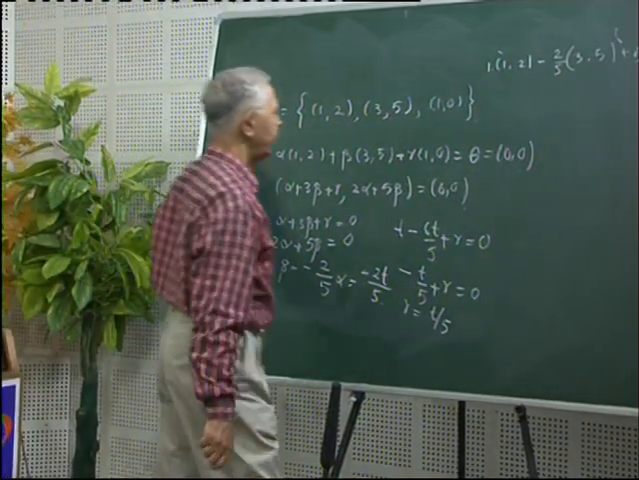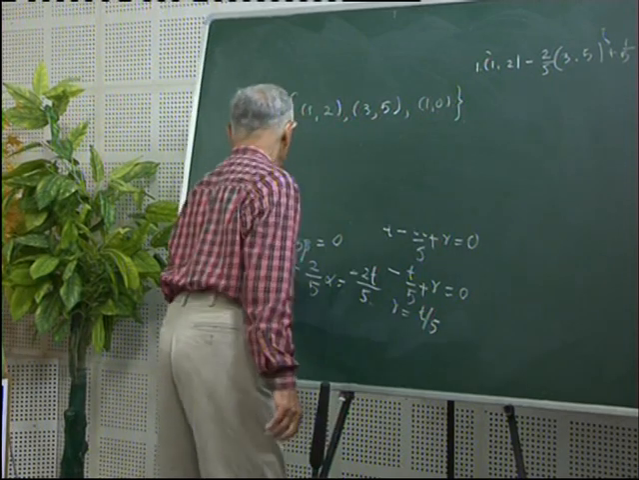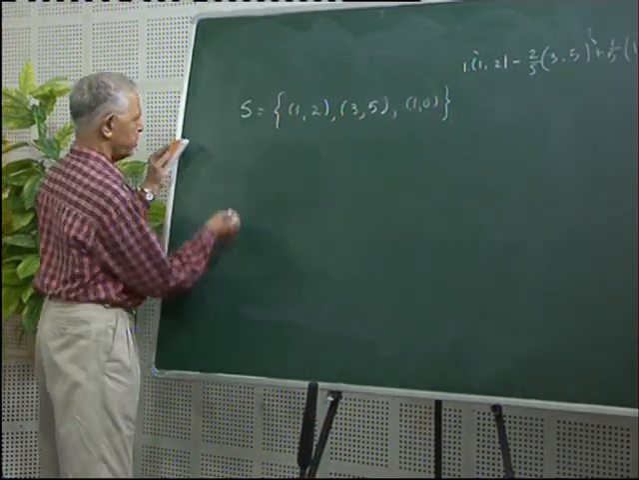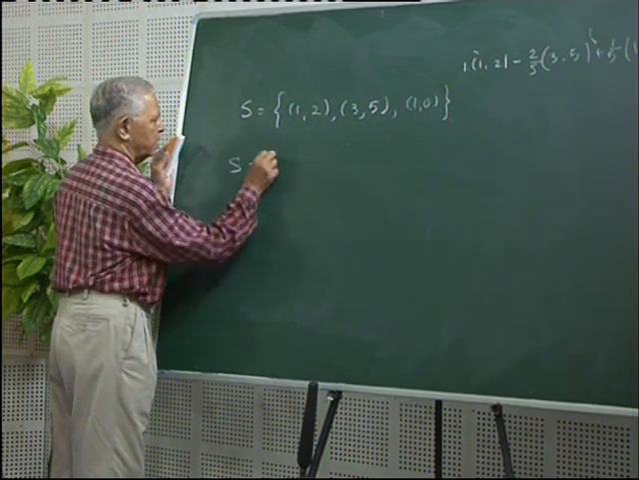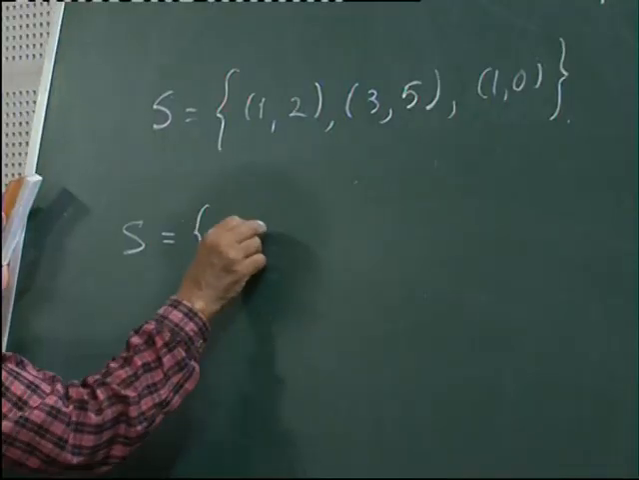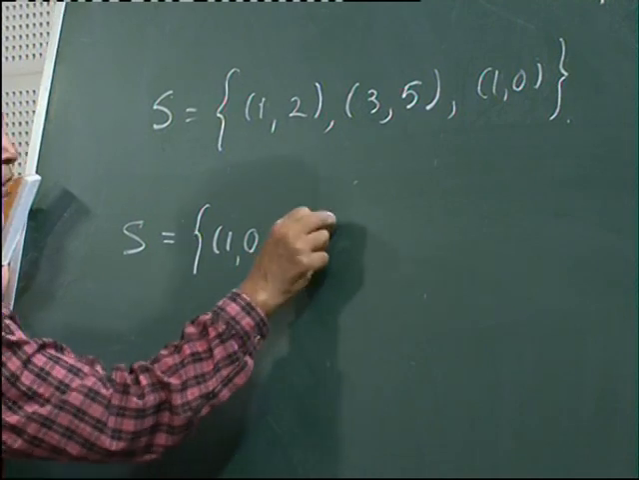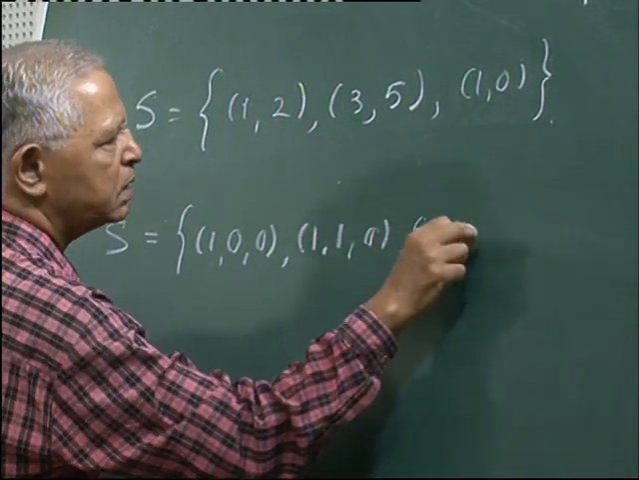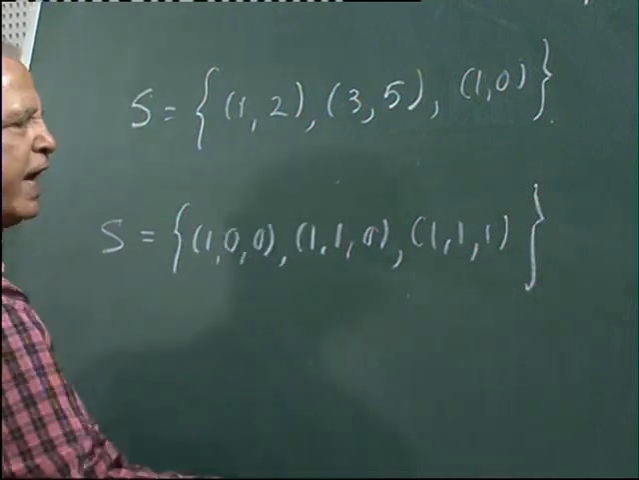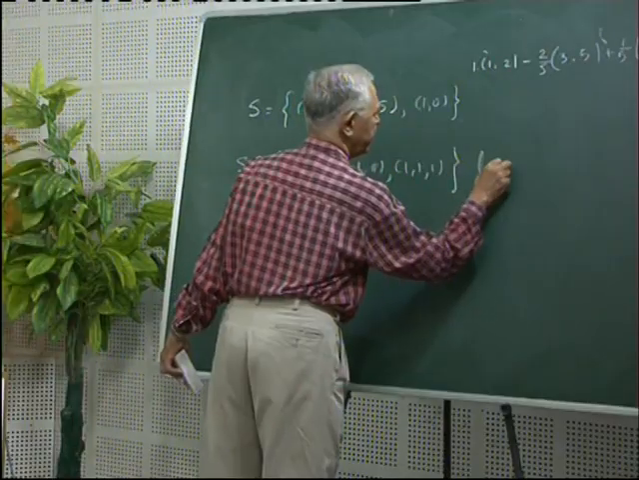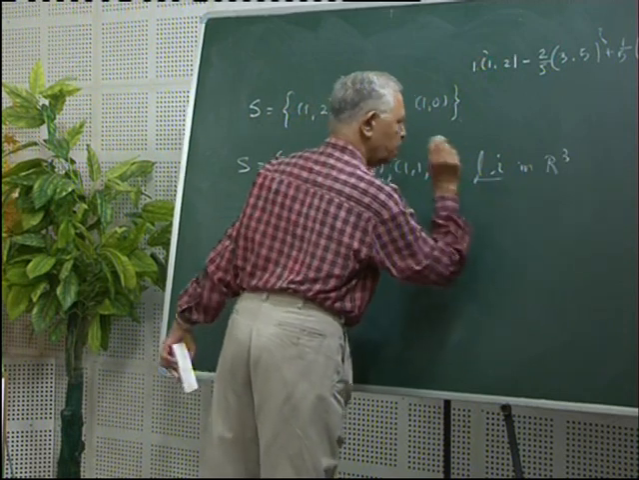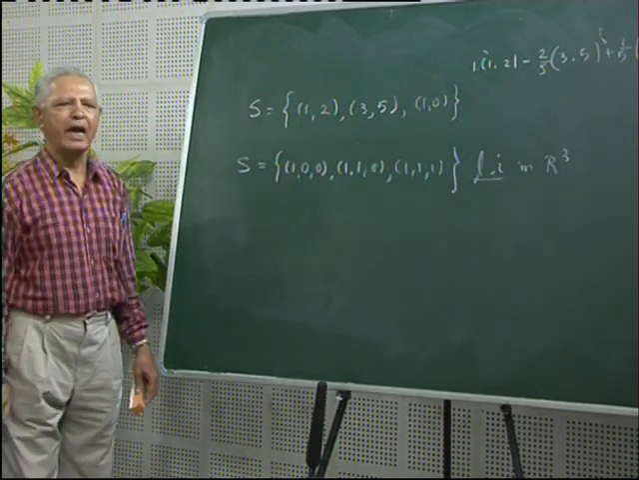Now I leave it to you as an exercise to show that the set {(1, 0, 0), (1, 1, 0), (1, 1, 1)} is linearly independent in R3. We will use the short abbreviation LI for